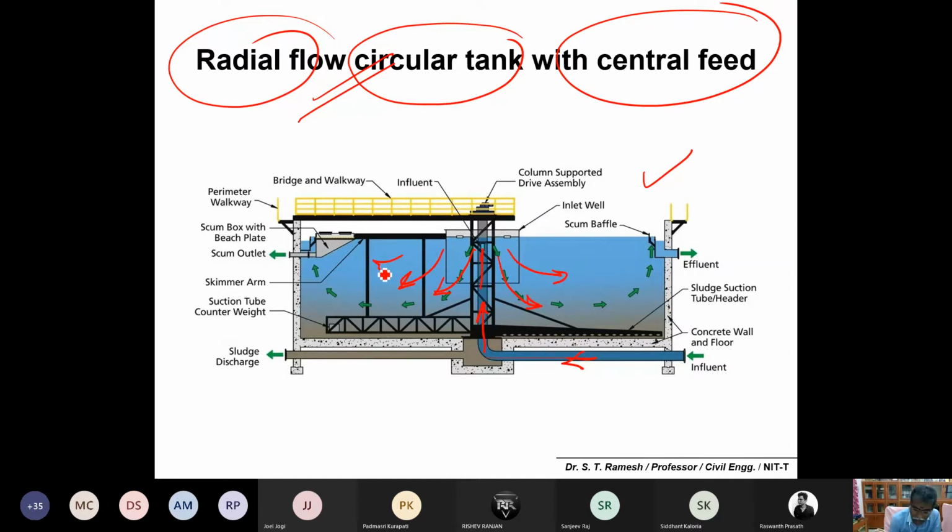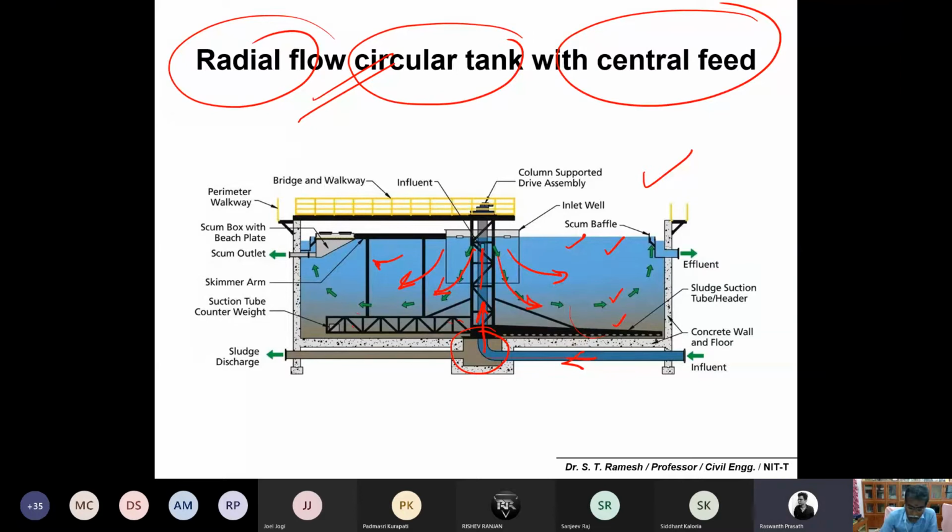Are you able to imagine? Now you can also see different tints in the color pattern: blue, slightly dark, with brown, and dark brown here. So this could be your clear water, and this could be your bottom sludge. These are the scraping blades, where you can scrape out all the solids to a common point. Is it okay?